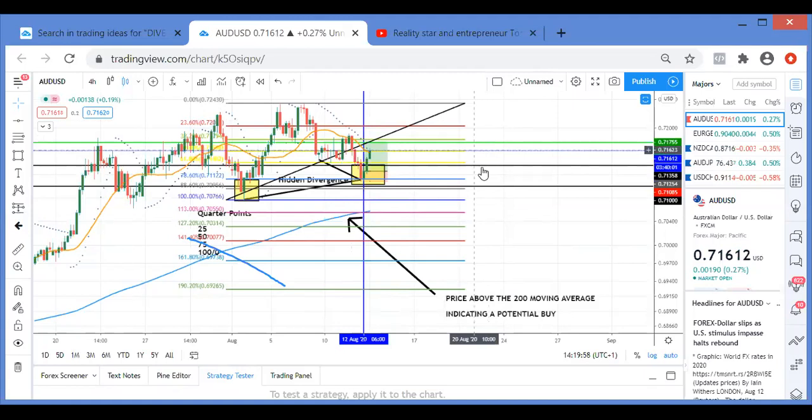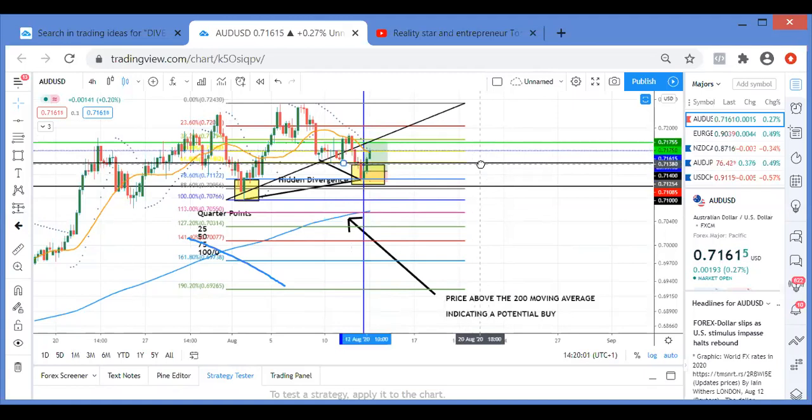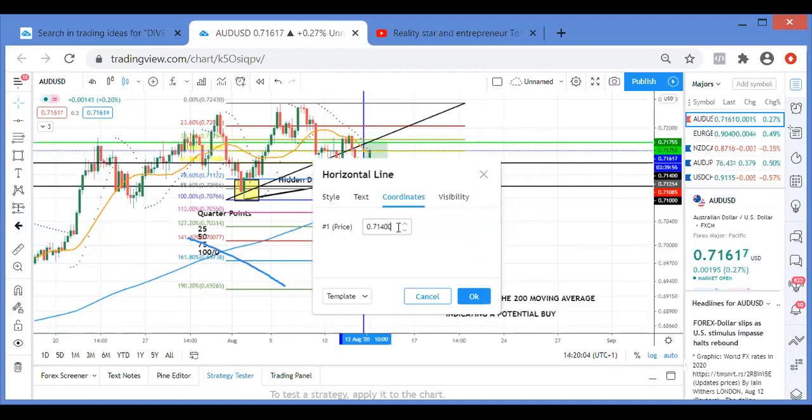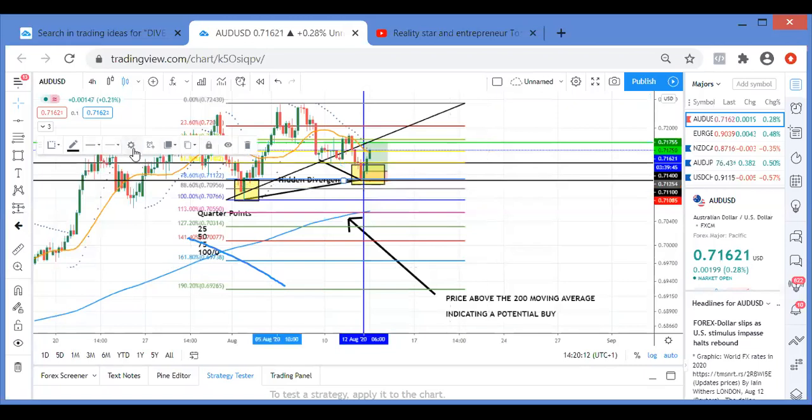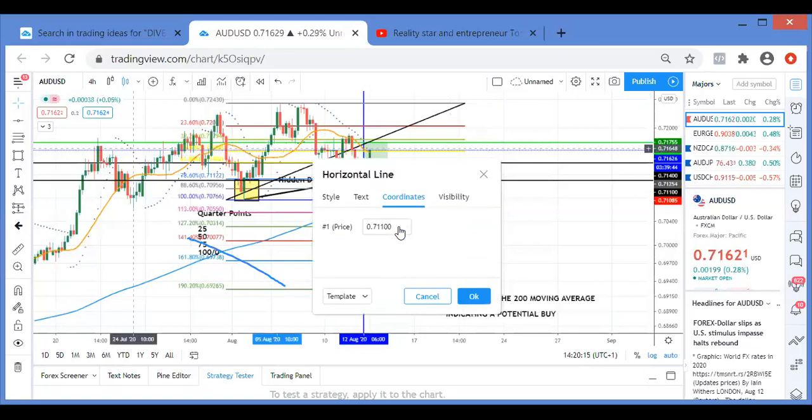So now we'll try our 61.8. Where is it? Oh yeah, it's the same one, 500. So it doesn't fly. Okay, now let's try our 78.6, which is here. Okay, look, where's the nearest quarter point? There's two, either 71000 or 71250. Yes, 250. You guys have got it. 250. Enter.